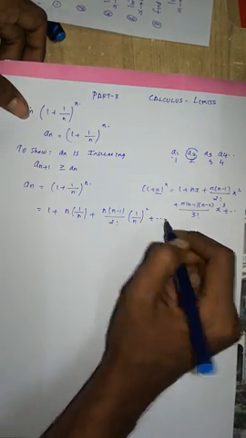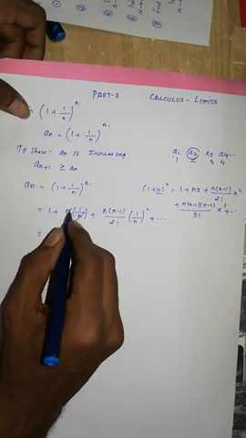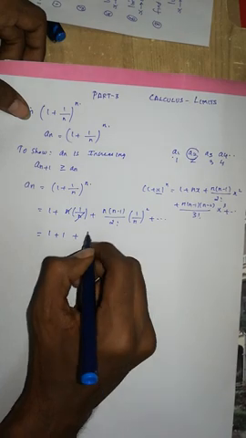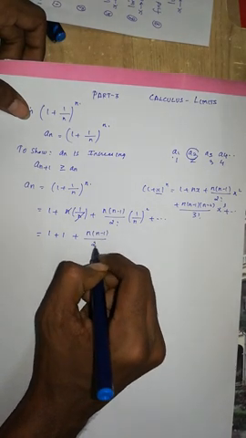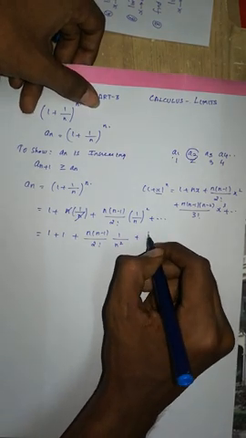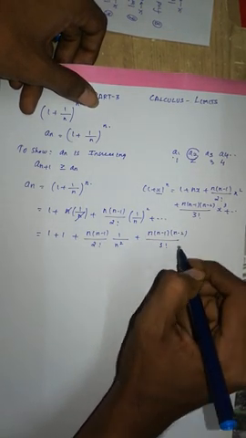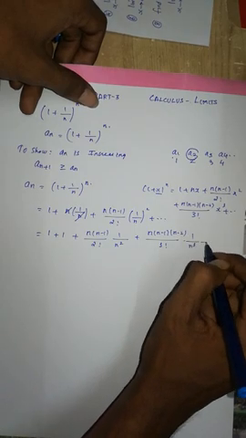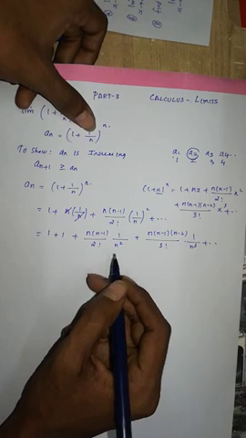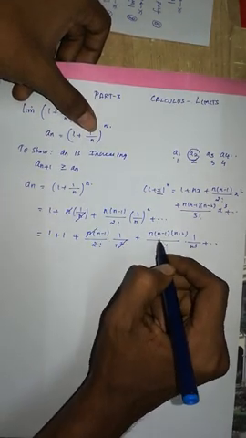Now this process goes on. Now I have this n and this n will get cancelled. So I have 1 plus n into n minus 1 by 2 factorial, 1 by n square. So the next term will be n into n minus 1 into n minus 2 by 3 factorial, 1 by n cube, and goes on. So if I cancel the first n and second n, I will have here